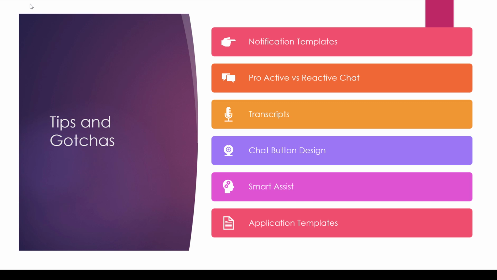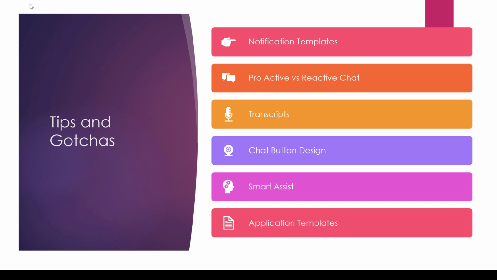Now, transcripts can be downloaded by the customer. However, they have to download it before the chat ends. If they try to end the chat before downloading the transcript, they'll be prompted to advise them that if they want the transcript, they will need to cancel coming out of the chat, download the transcript, and then end the chat. There is also a workaround if they do choose to get the transcript later on, because the transcript is also stored inside of Dynamics. So you can download the transcript and send it to them via email.